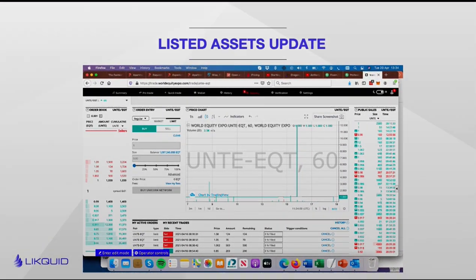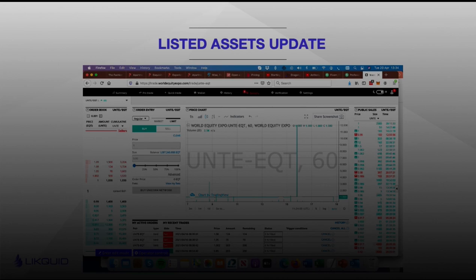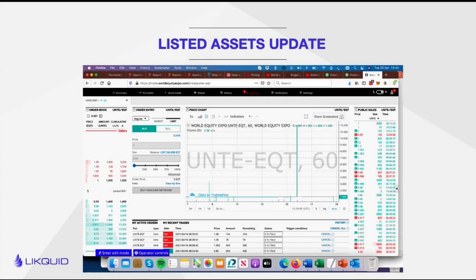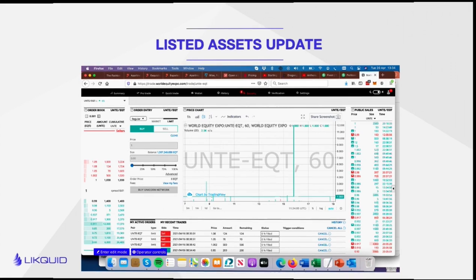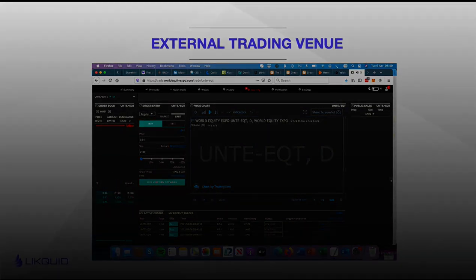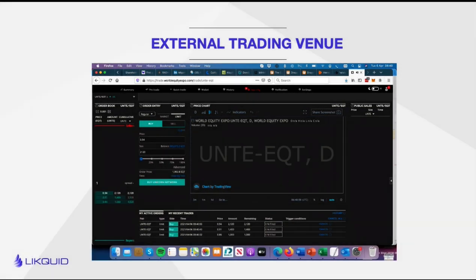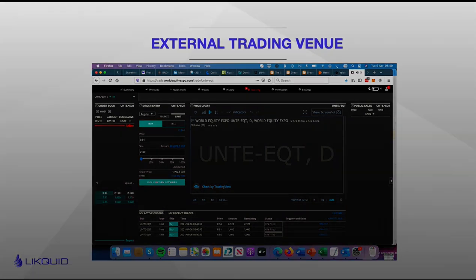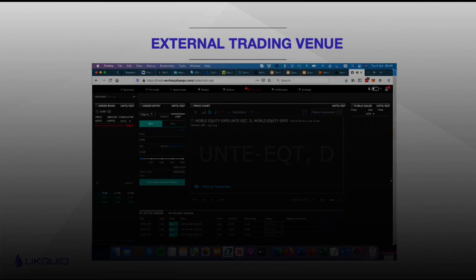As always, I'm going to start talking about the listed assets and how we're working with those. As you guys know, we are listing assets now, and we are doing this through an external trading venue called World Equity Expo. The exchange had another facelift. We're getting upgrades almost every week from Korea. And I think they're very good improvements, actually not so much because of advanced functionality, but because they're making the